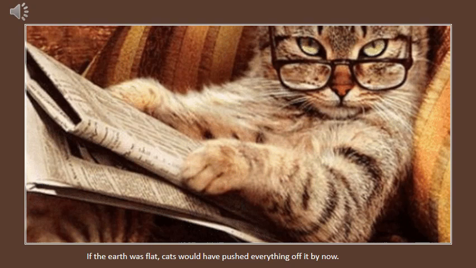If the earth was flat, cats would by now have pushed everything off it. And I think once you've read this and you get this picture in your head, and if you know cats, if you maybe live with cats, you know how they like to push things off tables, sideboards, chairs, basically any surface. Every single time I see one of those flat earth posts popping up on social media, I have that picture in my head of cats pushing things off the globe. So this is not a big example, but it's a fun example to show you how it can change how we see the world, because once you have that picture in your head, you cannot really unsee it again.